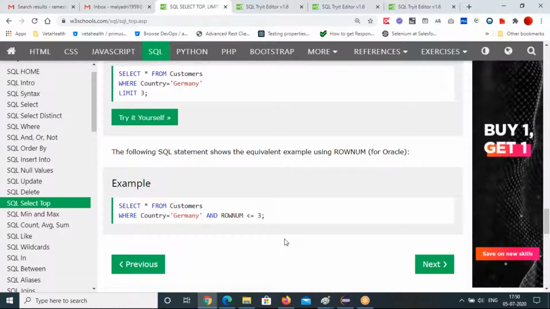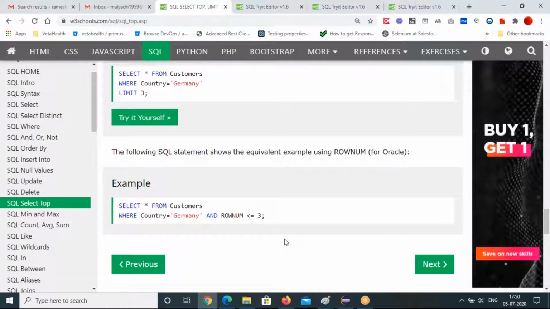Okay, so today we have seen and, or, not, and order by ascending or descending order. Then we have seen the top command for SQL Server, limit for the MySQL database, and row number for the Oracle database, to restrict the number of rows displayed in the output.